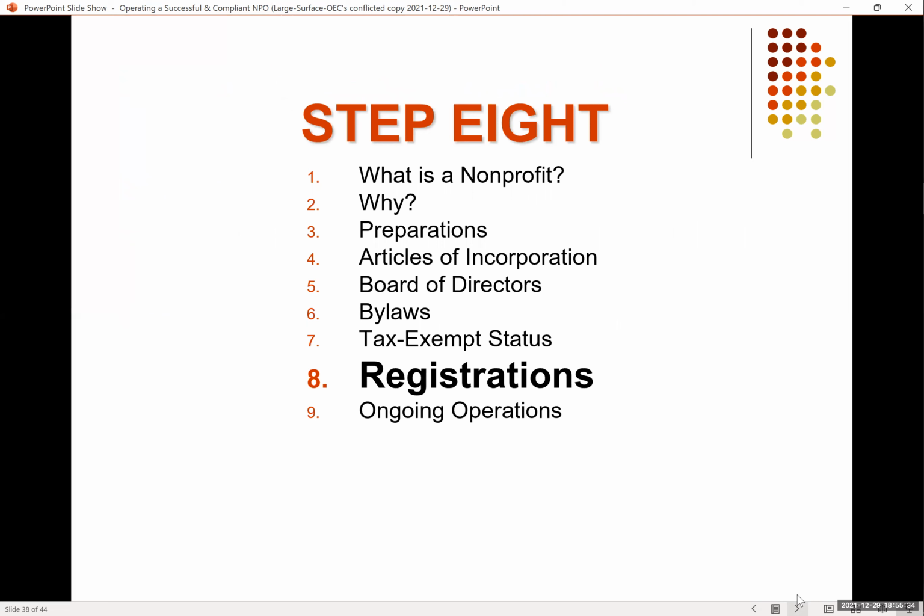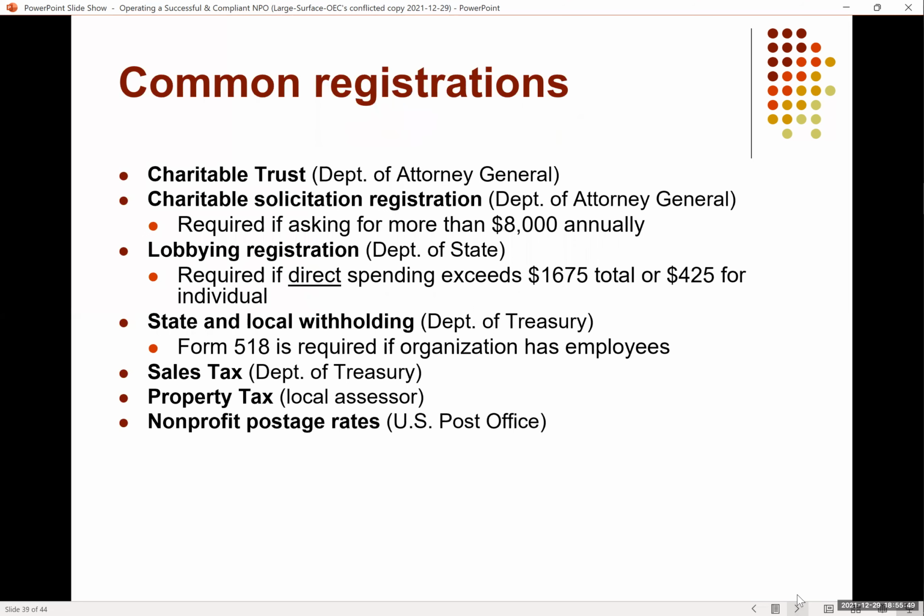And so at this point, you're a nonprofit corporation, you got your tax exemption, everything's golden. But because we're doing this on behalf of society, there are some ongoing things you have to do every year. One of those is what we call charitable trust solicitation. Every state has some office that you have to file with. If you're raising money, you have to file with the state.